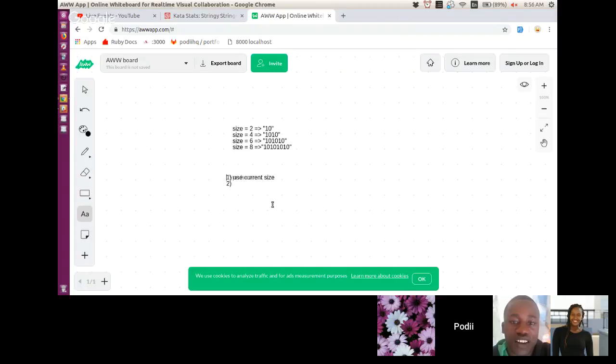Okay, so turudi hapa to the first step. First step yetu iwe nini? Inachukua size kama hivi. So the first thing our function should do is take size as an argument. Secondly,